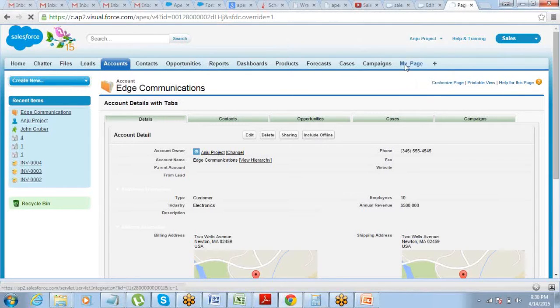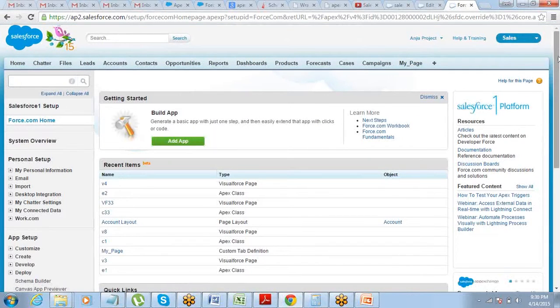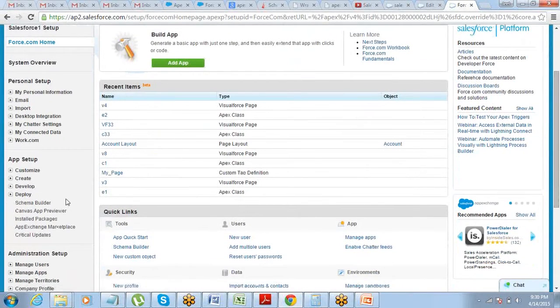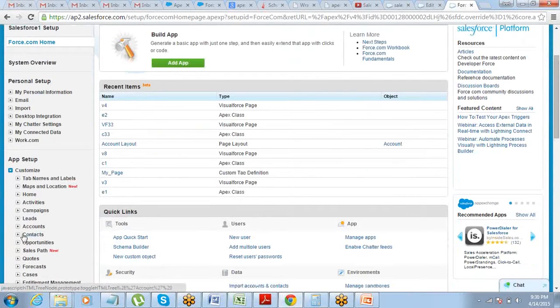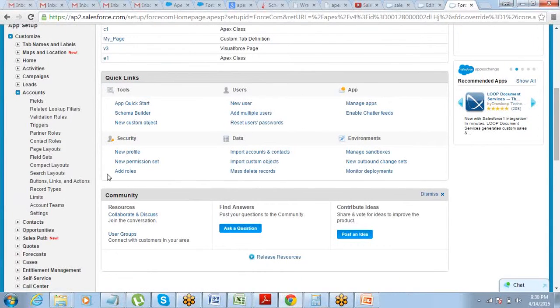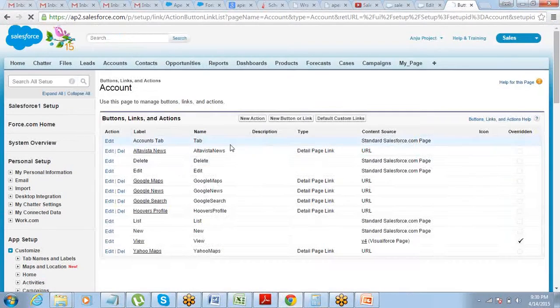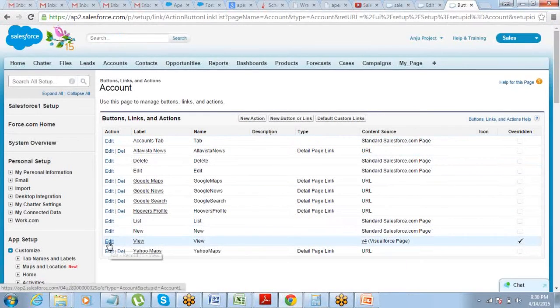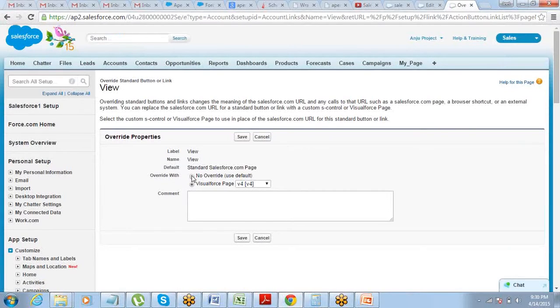So it's very simple. First of all I should go and reset it to the default standard page. So customize accounts, buttons, links and actions. Click on edit for the view page and make it no override.